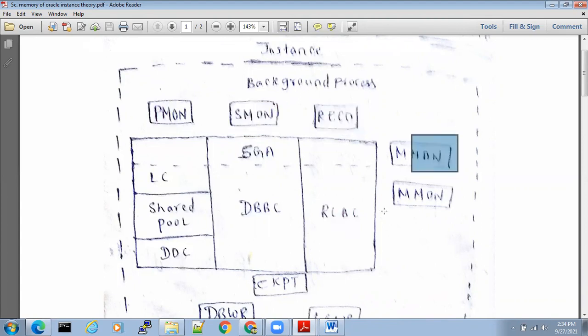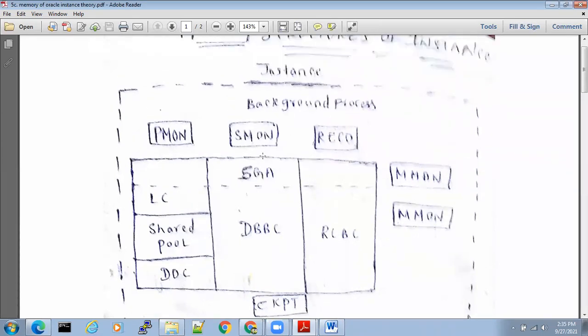Everything we will talk about in the Oracle architecture, which is very, very important. Before we go in depth, you just have to understand the outline, the structure. Don't worry about what is this or that; everything will be covered in the architecture.